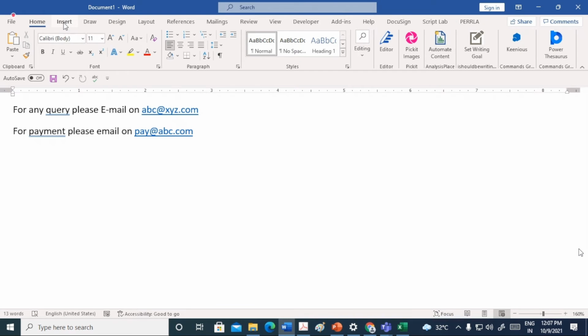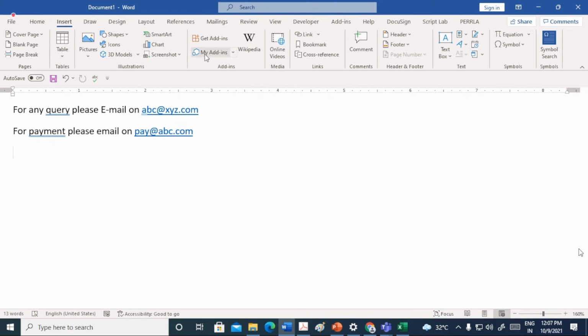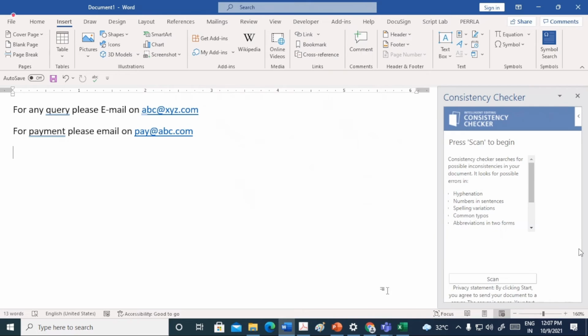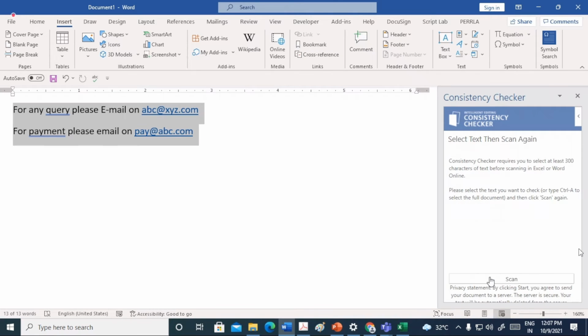And then if I see the consistency checker, I have to select the text and then click on scan.